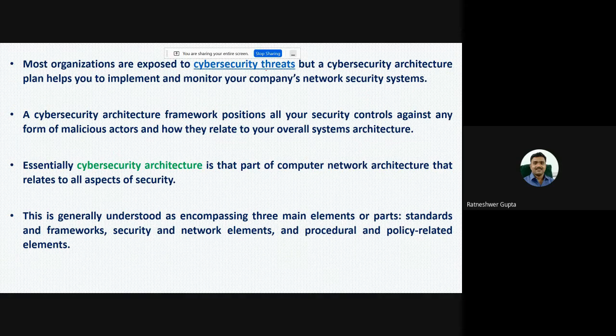A cyber security architecture framework positions all your security controls against any form of malicious actors and how they relate to your overall system architecture.